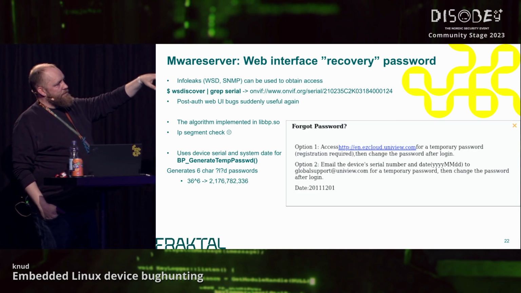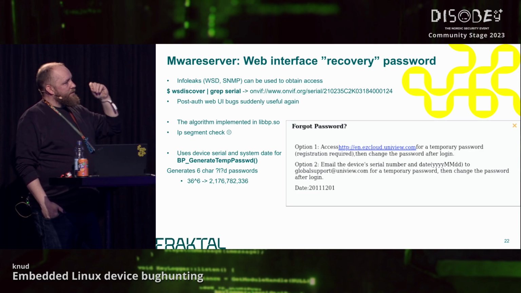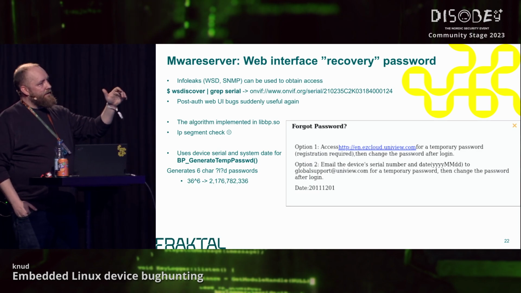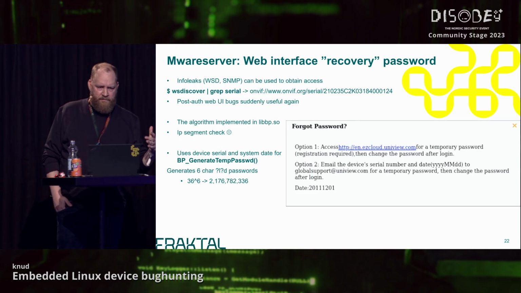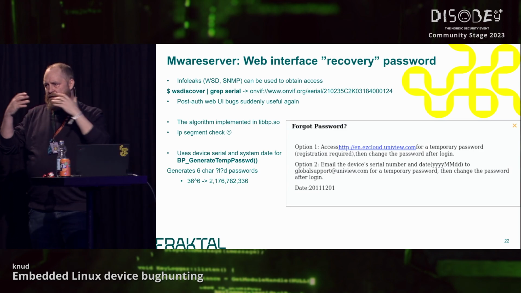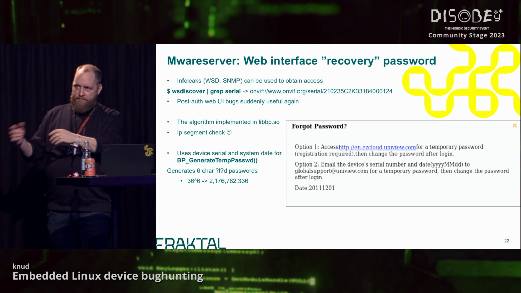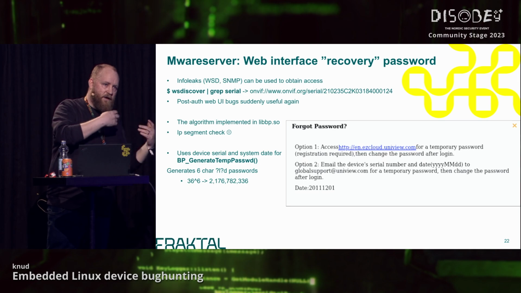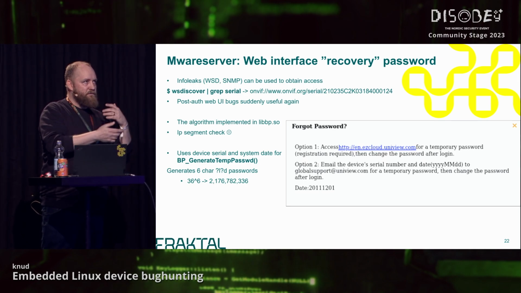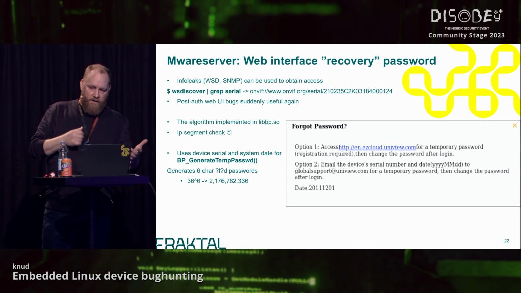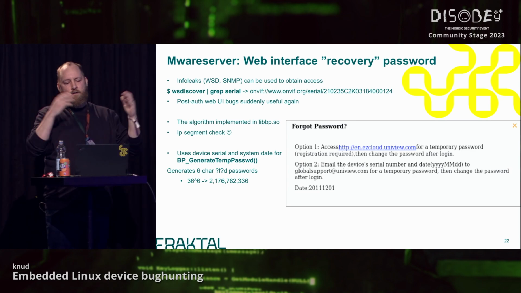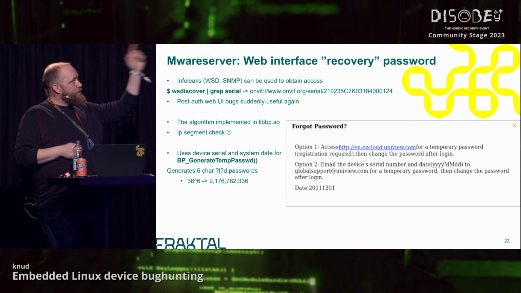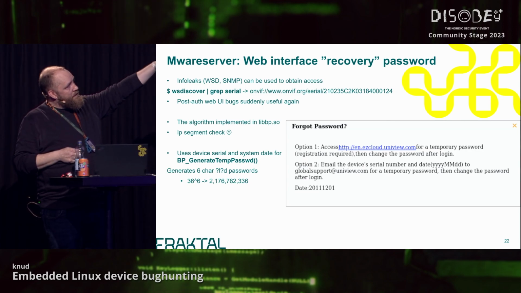something like this, option 2 here should get your spider senses tingling. When it says that you can email the device serial number and date to somebody and get a temporary password, that means the device has a way of validating whether this password is correct, right? And if the device can validate it, it can also generate the equivalent locally, which means you can take it apart, find out how it generates the password, and then generate the passwords for the device. So you can do WS-Discovery, and it will give you the serial number,